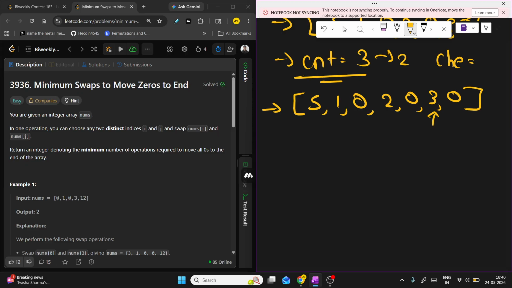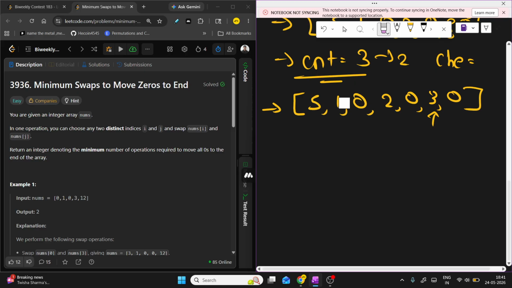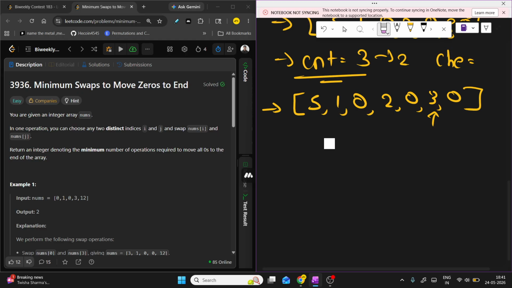So indirectly what we are going to do is we will take this index which is not 0. Okay, this element is not 0, and we will find the index of the element which is 0 from the left. So this is 0, okay, the nearest element which is 0 from the left. So this is 0 and this is not 0. And we will swap both the indices. We will swap these two indices. Okay. So we won't be permanently changing the array. What we are going to do is we will hypothetically think that we have changed something in the array,